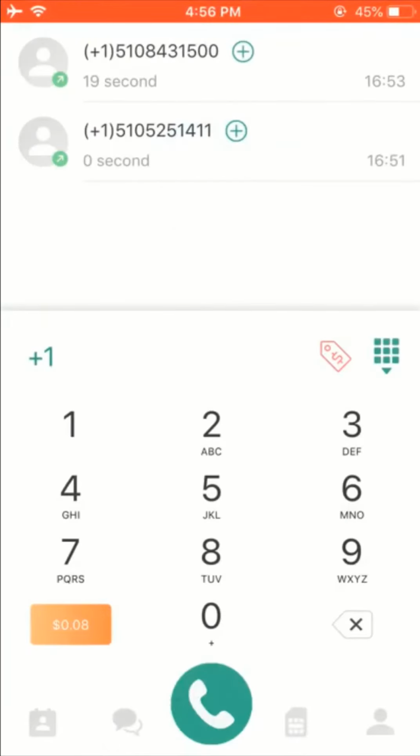First, you have to open the WeTalk app, obviously, then go ahead and dial your number, including the area code. Make sure to include the area code when you dial it. So I'm going to dial this number, 510-984-0079,